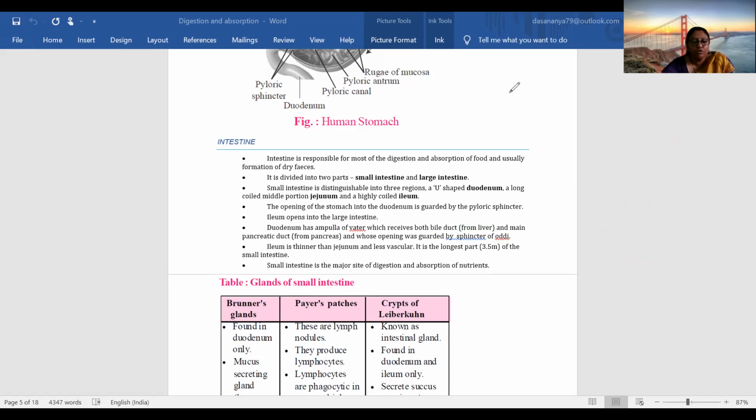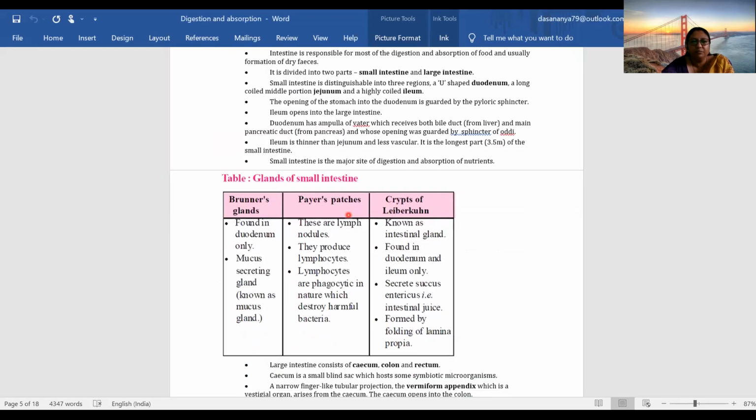So you need to know about the length of the small intestine. What is the length? Can anyone give me the answer? It is approximately 7 meters long. You can understand how coiled it is that it fits into the abdomen. And this is attached to the back wall of our body by mesenteries. Mesenteries are connective tissues through which the small intestine is attached to the back wall of our body.